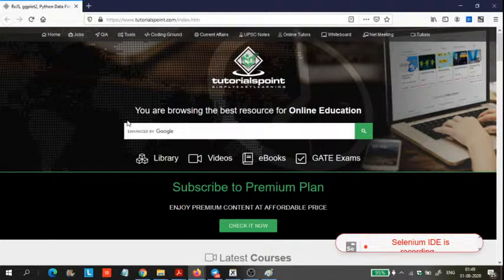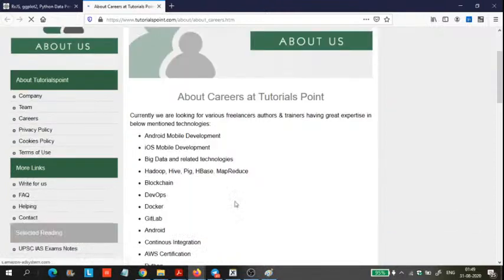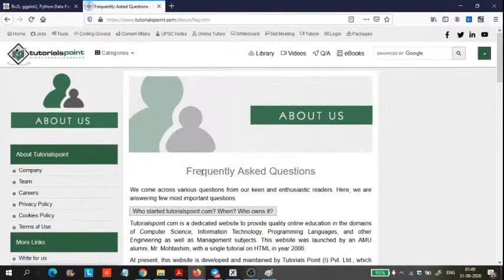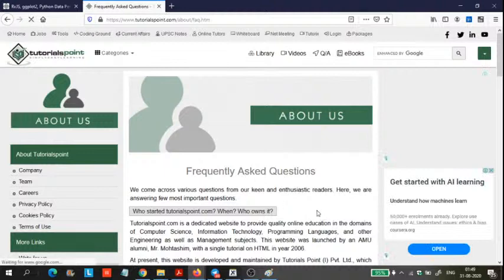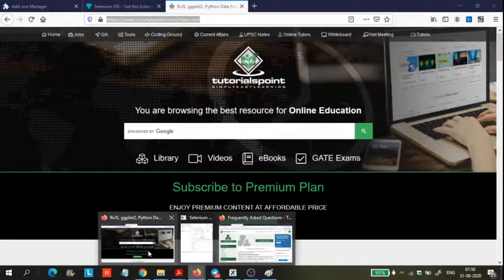There is one red color button, it is blinking. So Selenium IDE is recording. Whatever actions you do here, for example, here I just click on jobs. All these activities mean that the jobs tab is working, I'm just checking. Here facts, I'm clicking on the facts. This particular page is also working. So all these activities are recorded in this